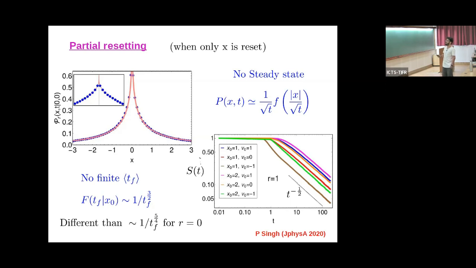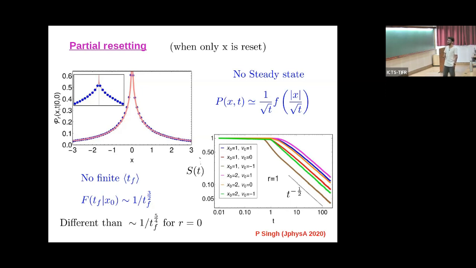firstly, we don't get this steady state, and the distribution has this sort of form here. This x scales diffusively with time. But I want to emphasize this scaling function is not Gaussian. It has some different form here. It's given in terms of Meijer G functions. So it has a divergence here. But the key message is it does not lead to a stationary state. This effect is also seen in the first passage properties. The mean of this first passage time is not